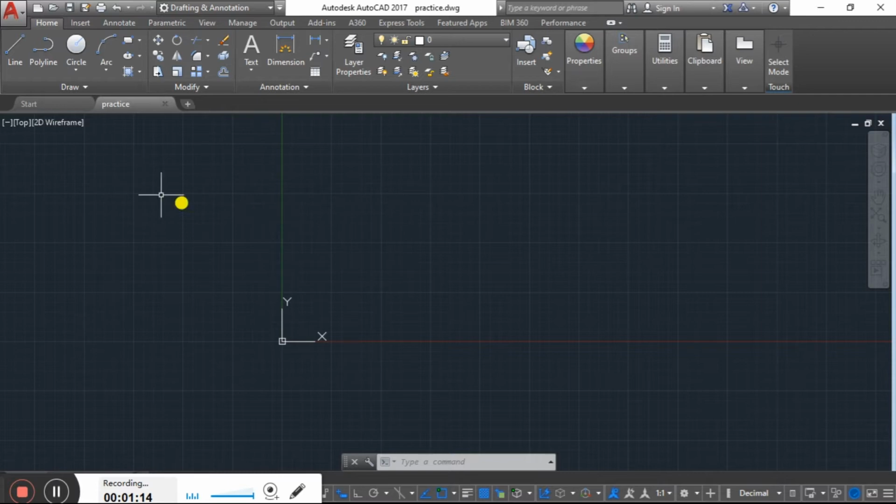We can proceed by means of icons or by means of commands. This is the command bar, as we have discussed earlier. If the command line gets hidden or closed by any means, you can just press Ctrl plus 9 to get it back. You can even hide these ribbon icons by typing ribbon in the command bar. They will get closed, and to get them back you can type ribbon again here. So let's start.